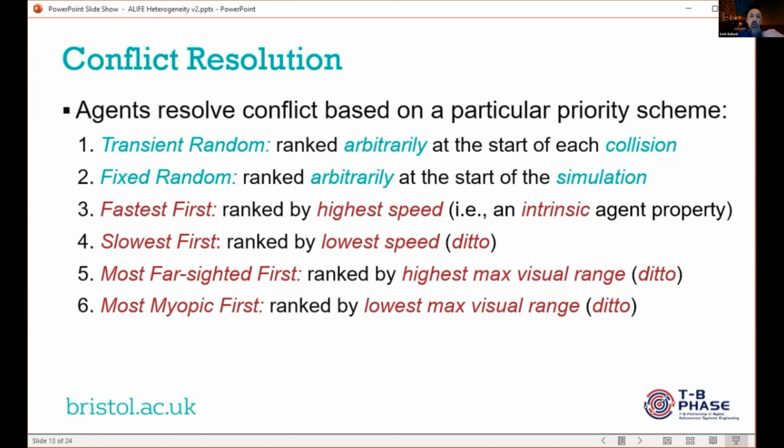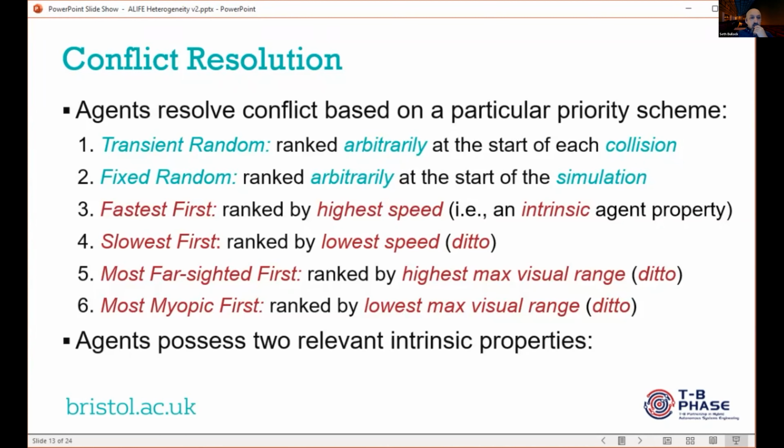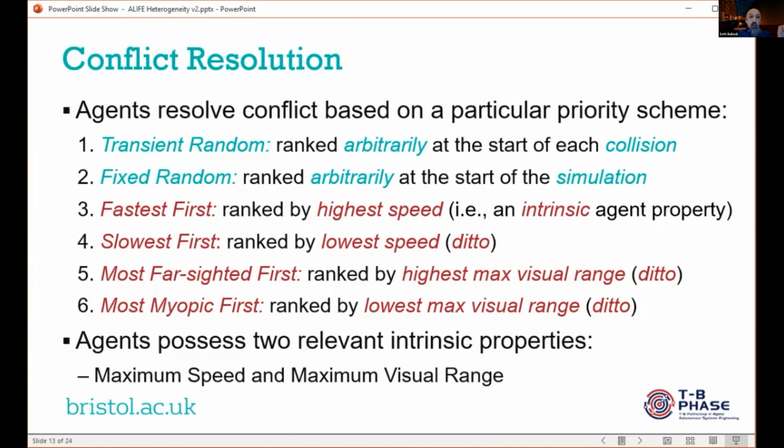Or the opposite, we could prioritize the most myopic individuals that have the lowest maximum visual range. Remember that the robots are not always using their maximum visual range. When they're happy and green, they're just using their minimum visual range, and they only ever increase their visual range during a deadlock. So you can see that there are two relevant intrinsic properties that might be heterogeneous, maximum speed